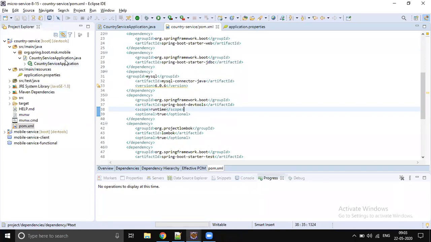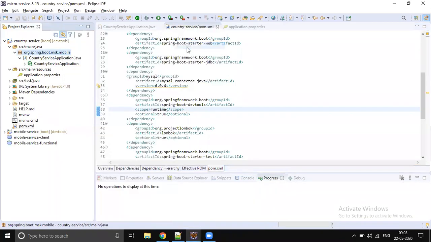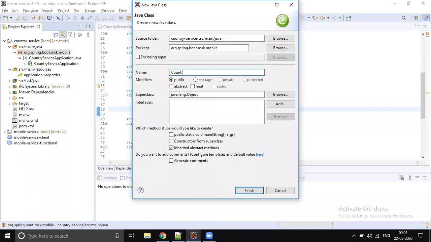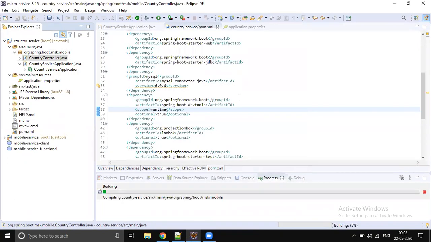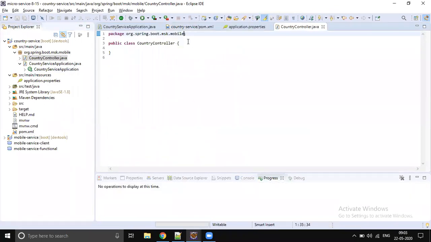Okay. So let's write the controller. It has to be in the controller package. Let's move it.